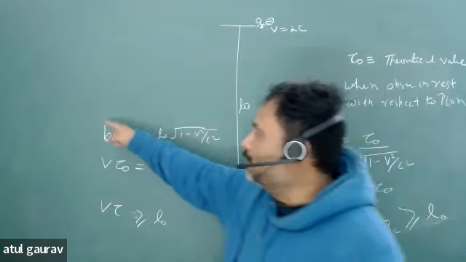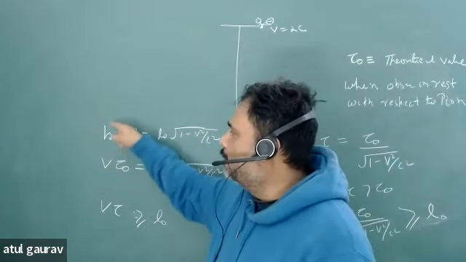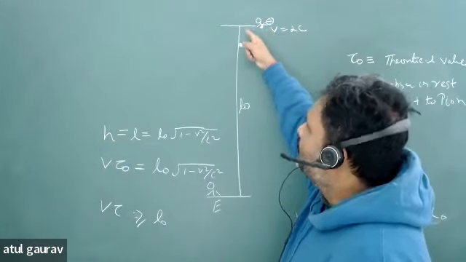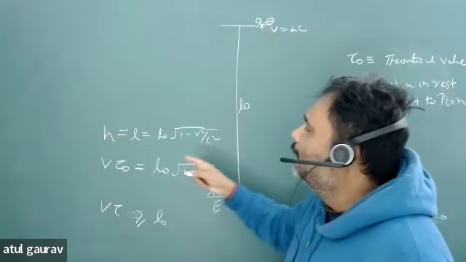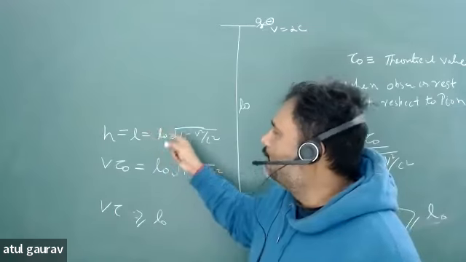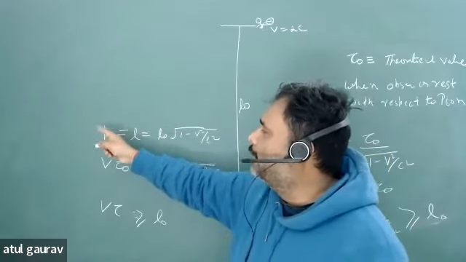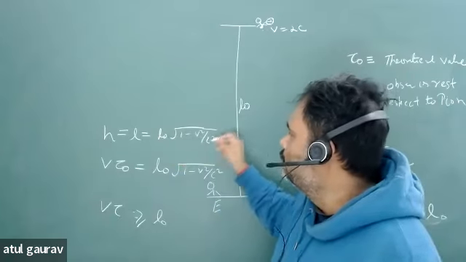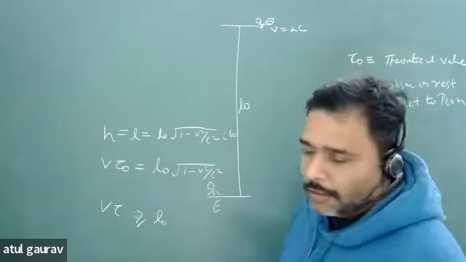So you should ask, sir, what is this H? How can you get this particular H? Yes, if this person is going to measure how much distance I am going to travel, then he is not going to travel a total distance L naught, but he is going to travel a distance H, which will be less than L naught.